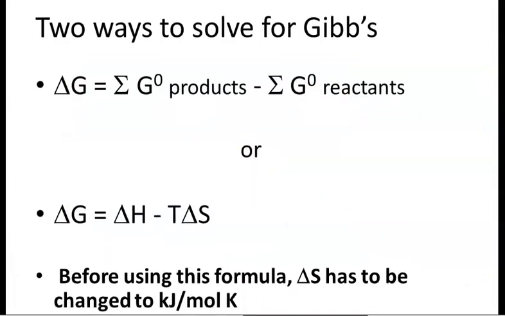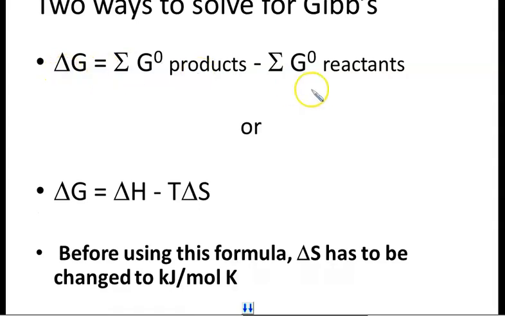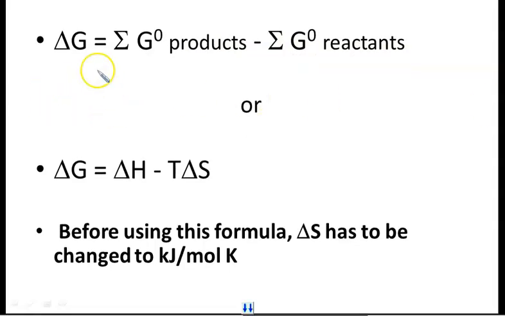And to calculate that, there are two ways. Does that one look familiar? If you are given G, which is another column, it works just like the H and the S. You're going to take the products minus the reactants. So that's fun. We're not going to work one of those. But then you have this other one, and this one is more common, so this is more likely what you're going to be doing more often: delta G equals the change in the enthalpy